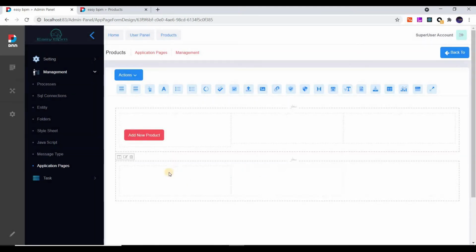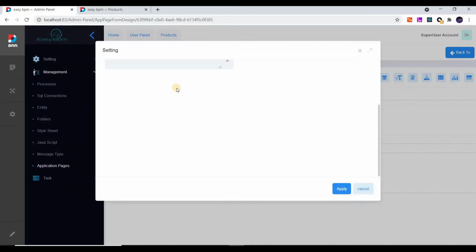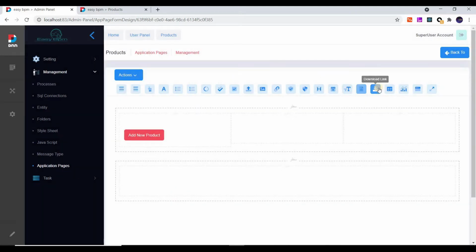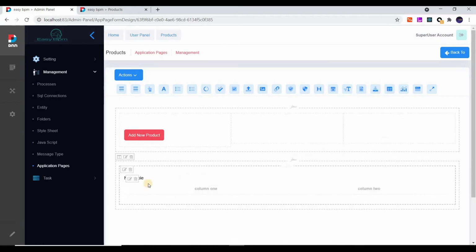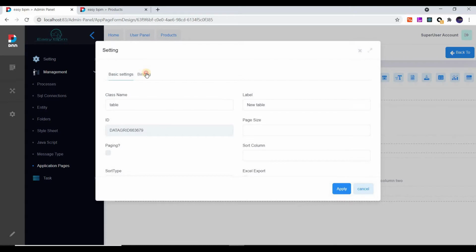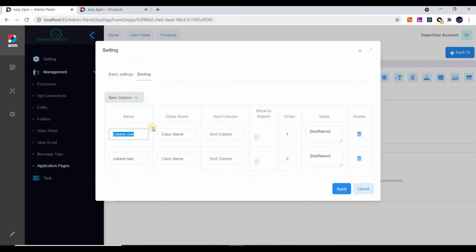I delete 2 redundant columns and I change the size of the column to 12, and I put a datagrid widget, and I go to the setting and go to the binding. Before that I name it list of products. I go to the binding, the column, you can set the columns of the data grid. The first column is name, the second is price,